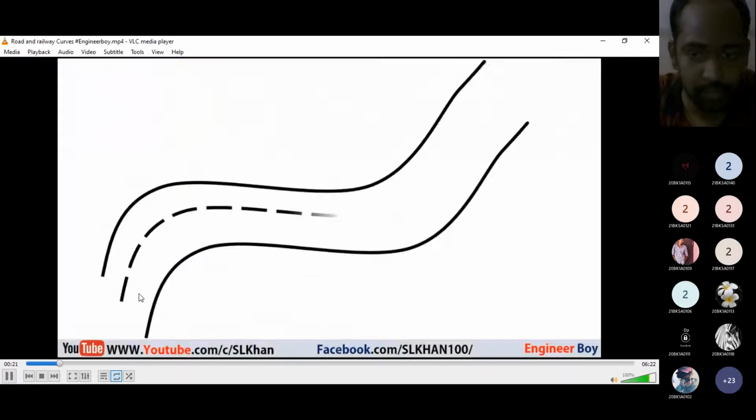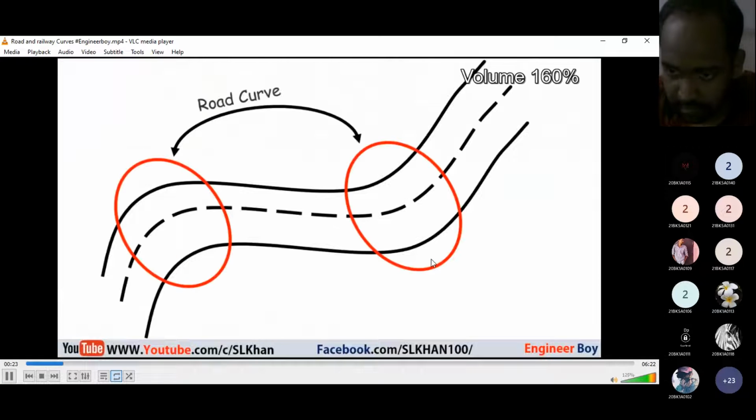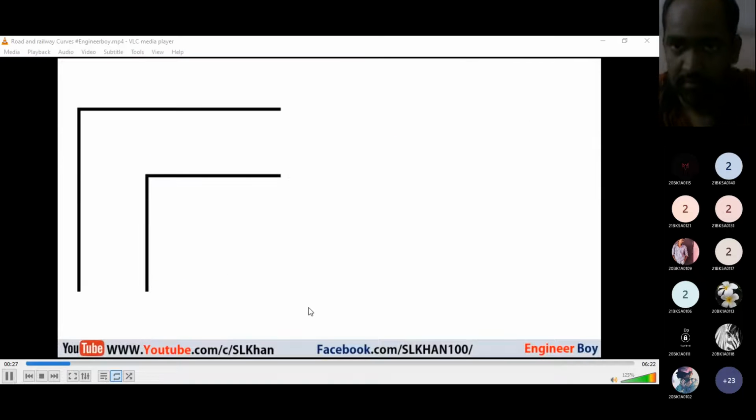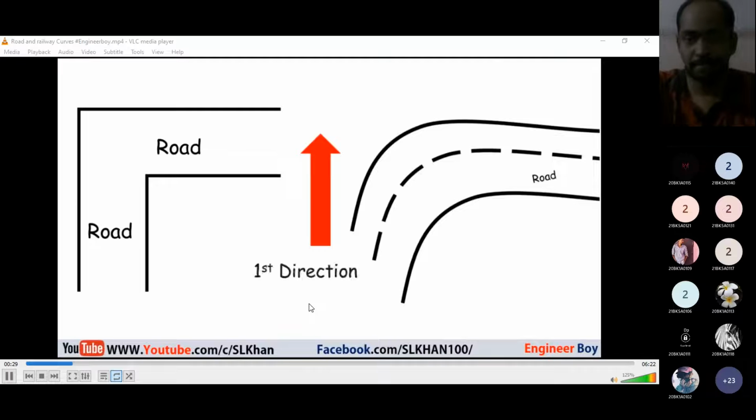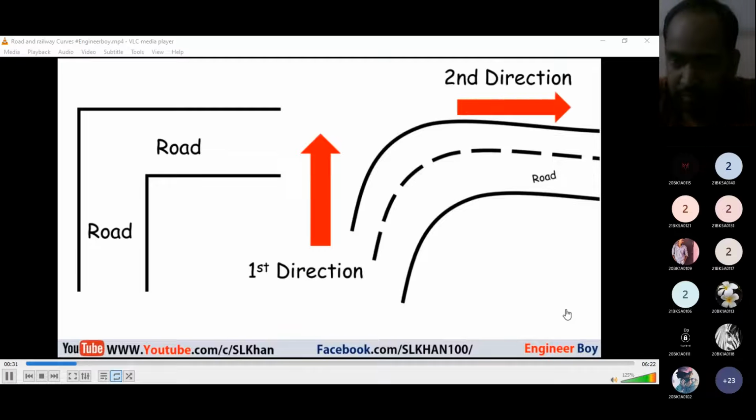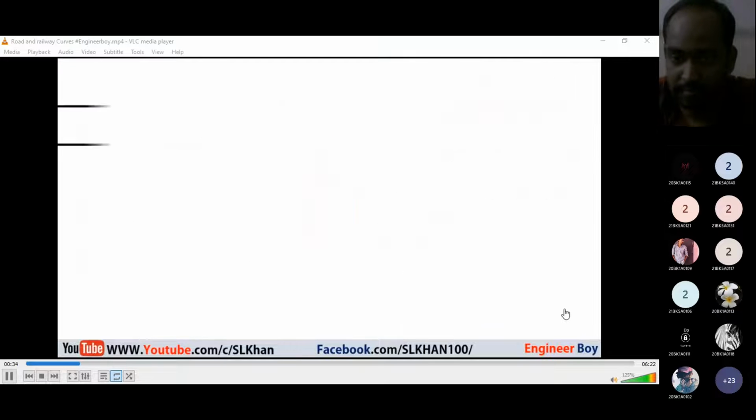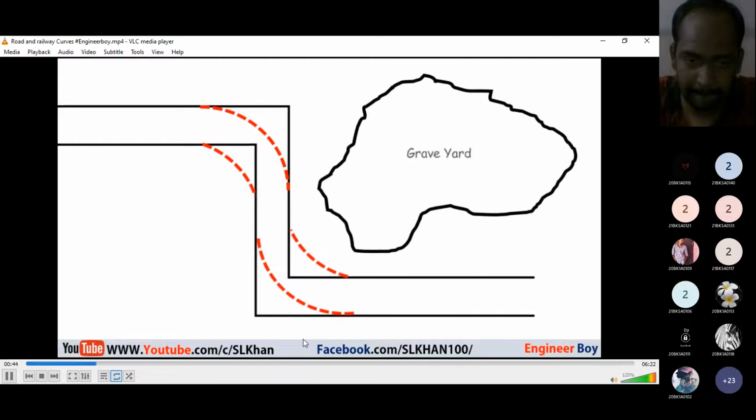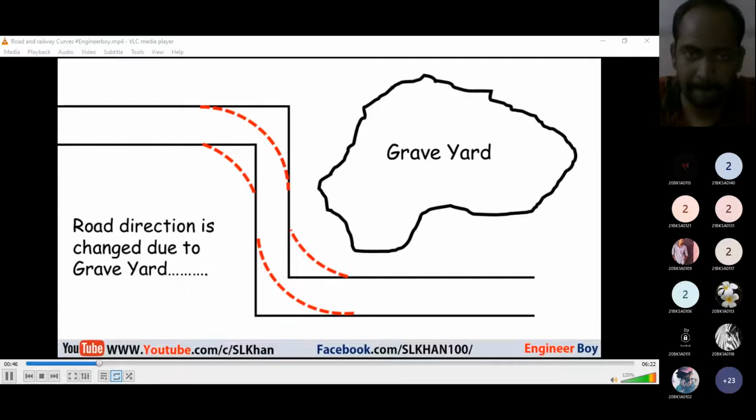Curves are provided whenever a road changes its direction from one to another, like from right to left or left to right, up to down or down to up, etc. Sometimes road does not change its direction, but still, however, road curves are recommended to be designed. Such situations may come when road alignment passes in historical places or graveyards which cannot be destroyed